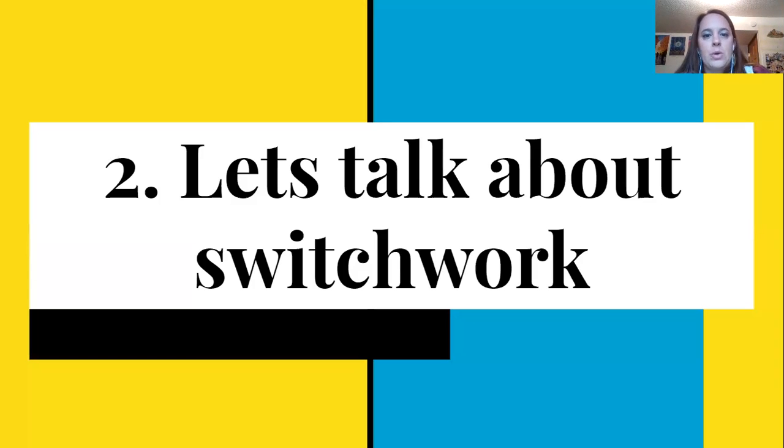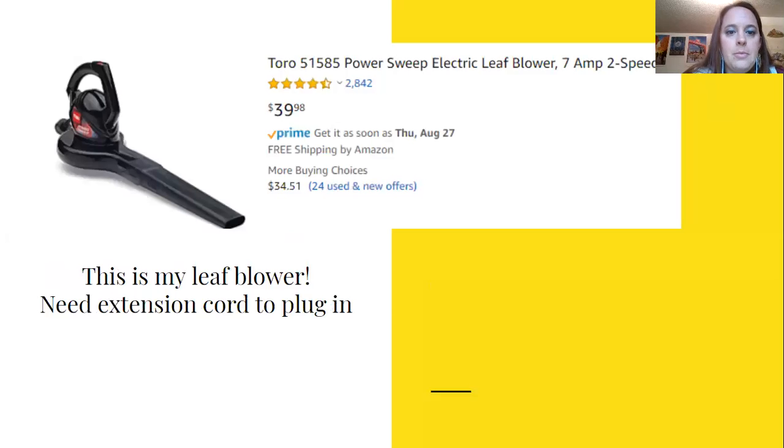So let's talk about switch work really quick. I have a couple of videos in here on how I set up my switch, and hopefully you'll be able to check in with a case manager and they will be able to show you that. I also use a leaf blower for launching, and this is the one that I have. It's pretty simple. I keep the edge, down here, the blower part to this edge. There's another kind that's a little bit different, but it's just that kind of tip. So I also have my leaf blower, you're going to see in my videos, hooked up to a bowling ramp.